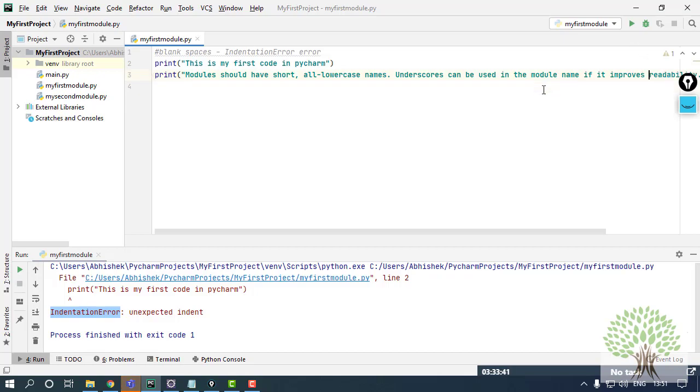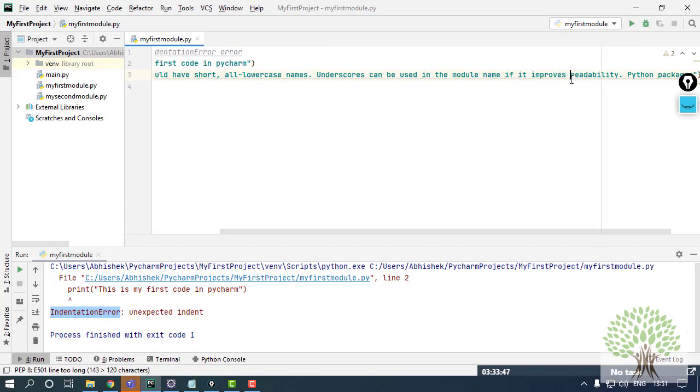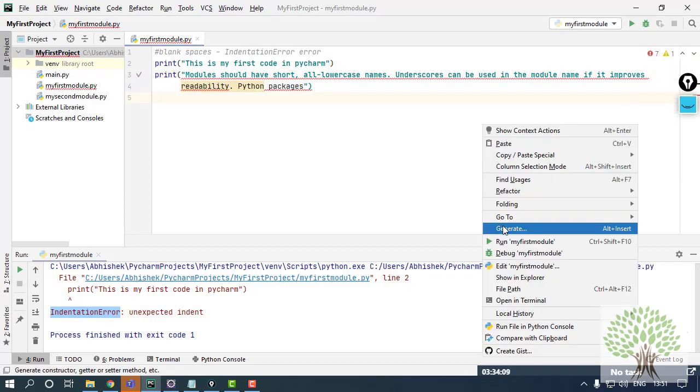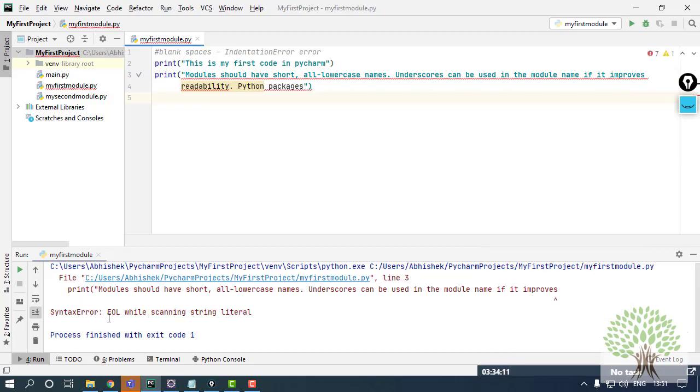If I undo the change that I have done, over here you can see that there are no quotes. But when I press enter, it will automatically add the quotes, which signifies that the print statement starting from here ends over here, and from the next line the same statement is being continued by the quote. If you remove these quotes, it's going to give you an error. What error? Saying the end of line character is not available. Like this.